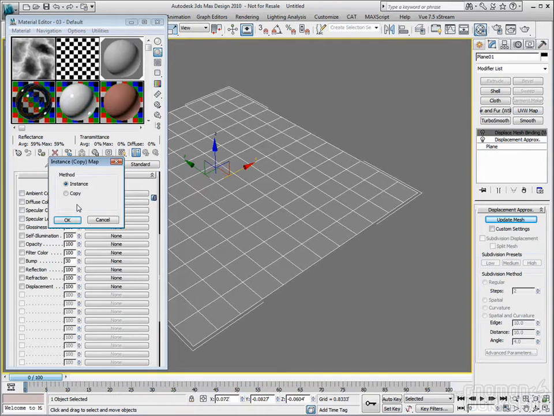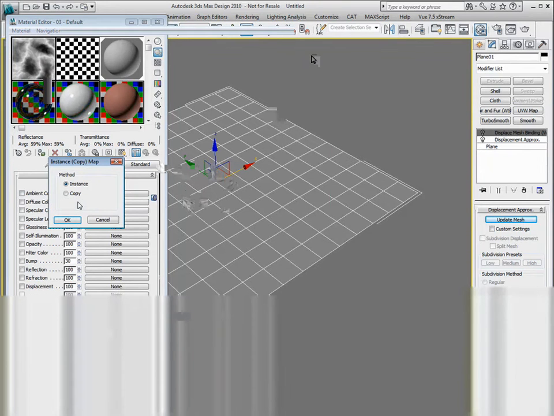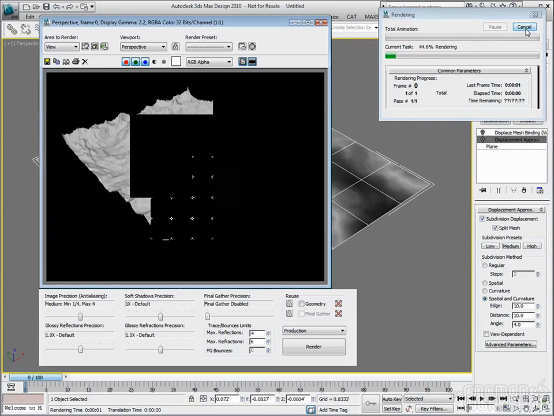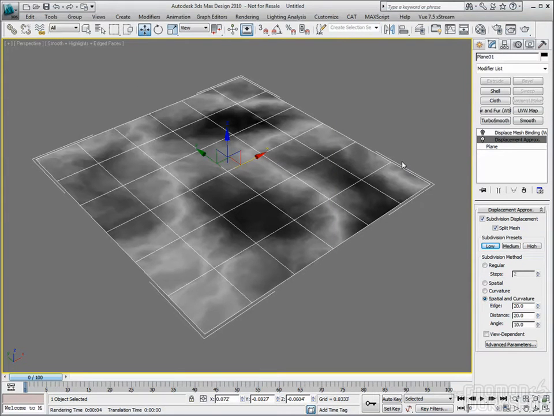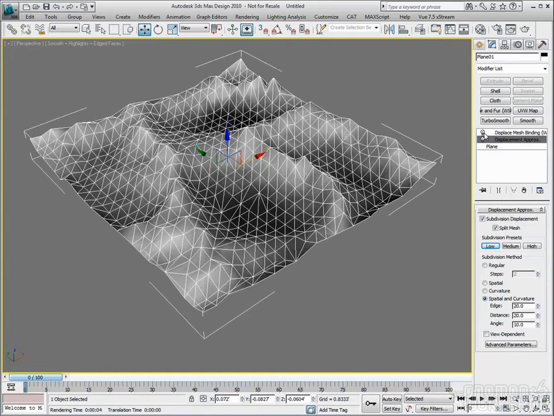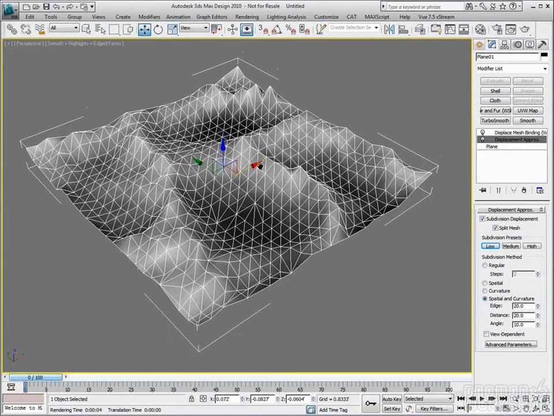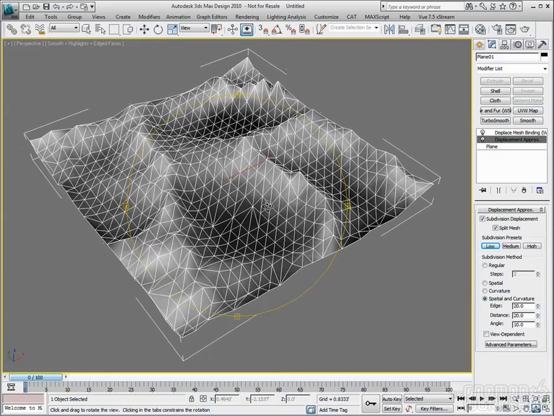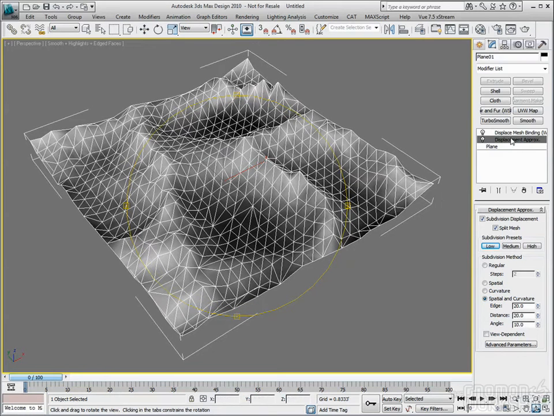I used a standard material for this example. If you're using Mental Ray, and let's just say you use an Arch and Design material here, you'll notice it has the displacement option as well. I'll just drag the map. You see I'm using the same map here on this material. If I just drag this down to the displacement option